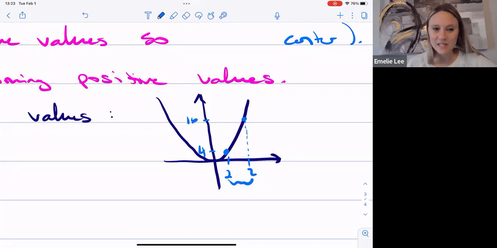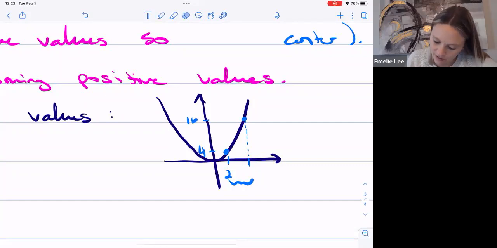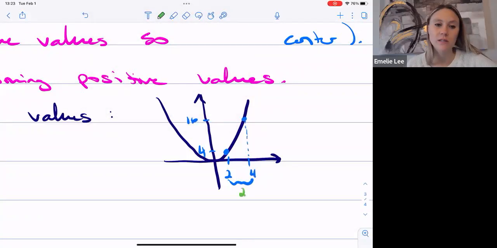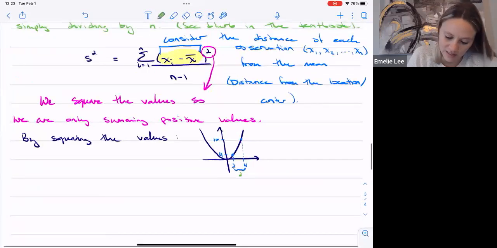So this distance is 2, or sorry, the length is 2 is what I meant. And so a distance that's twice as large is more than twice as bad, right? Instead of going from 4 to 8, now all of a sudden we go from 4 to 16, right? And so the reason that we do it